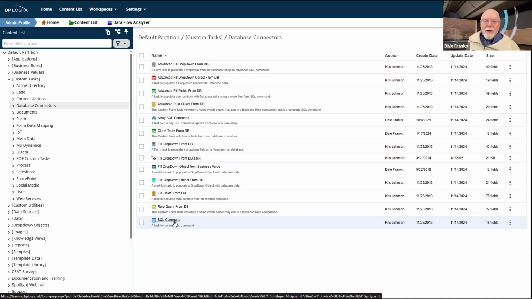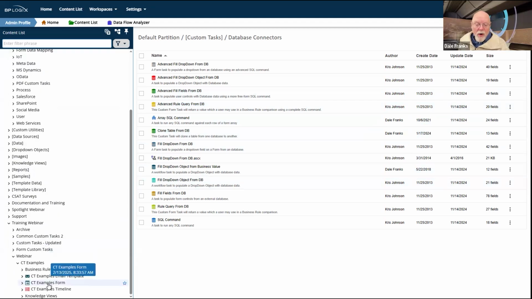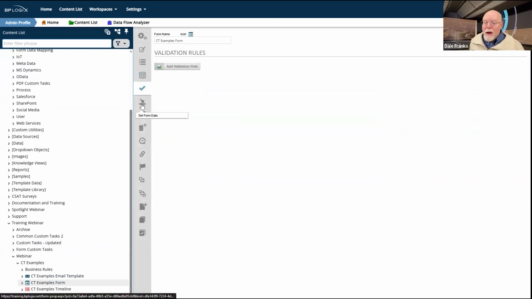Because of the existence of these different CTs that are kind of deprecated, our recommendation is that you don't use them if there is a UI method to use instead. If you want to fill a dropdown or a set of fields on a form, we give you that inside the form itself.